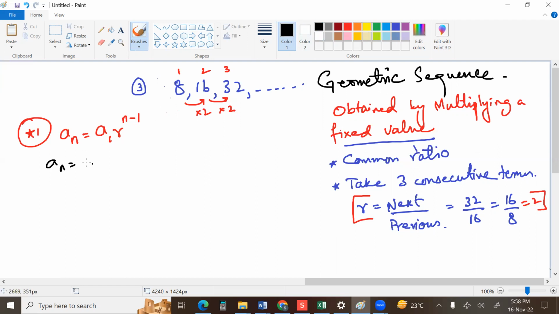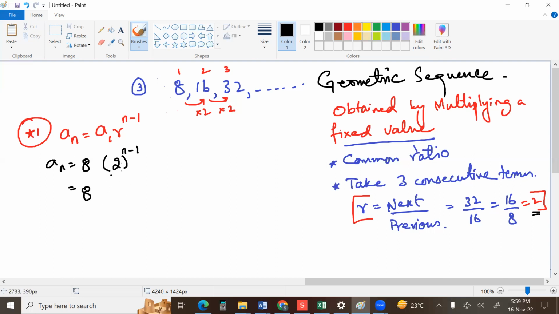Here, a1 is equal to 8. You see that first term? The ratio is this 2 that we have just figured out, and this will be our general rule. You may want to keep the general rule up till this point, but let's just use a few of the